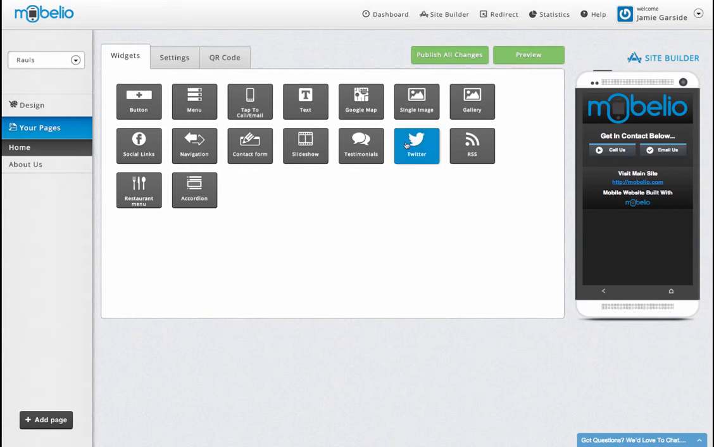In this tutorial, we're going to be looking at the Google Map widget and how to add a Google Map location to your mobile website, which also allows users and your potential customers to get directions right to your location if you want to offer that. So, very easy indeed. We drag this into the area you would like to add it on your mobile website